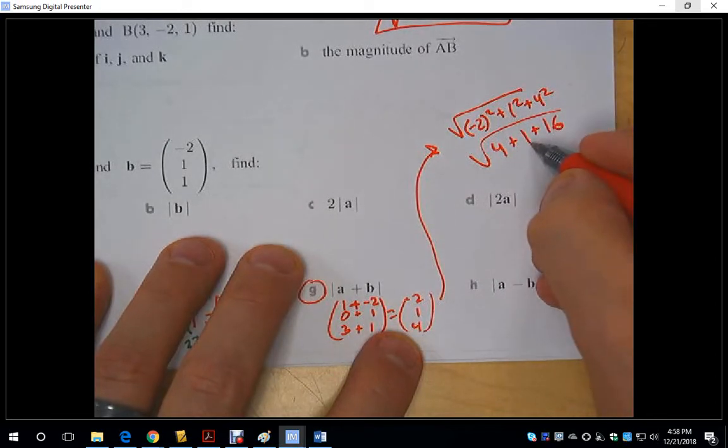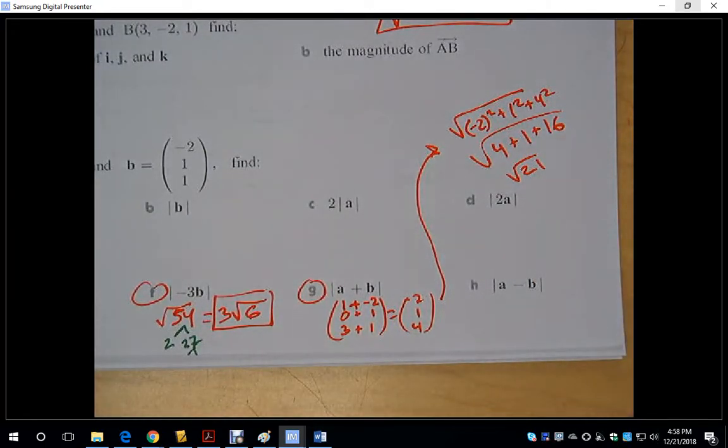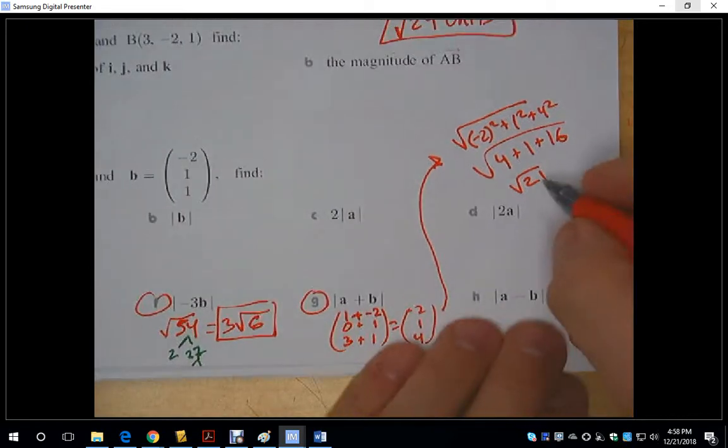16 plus 1 is 17, plus another 4 is 21. So we end up getting the square root of 21 for 5g. Now we could also do,